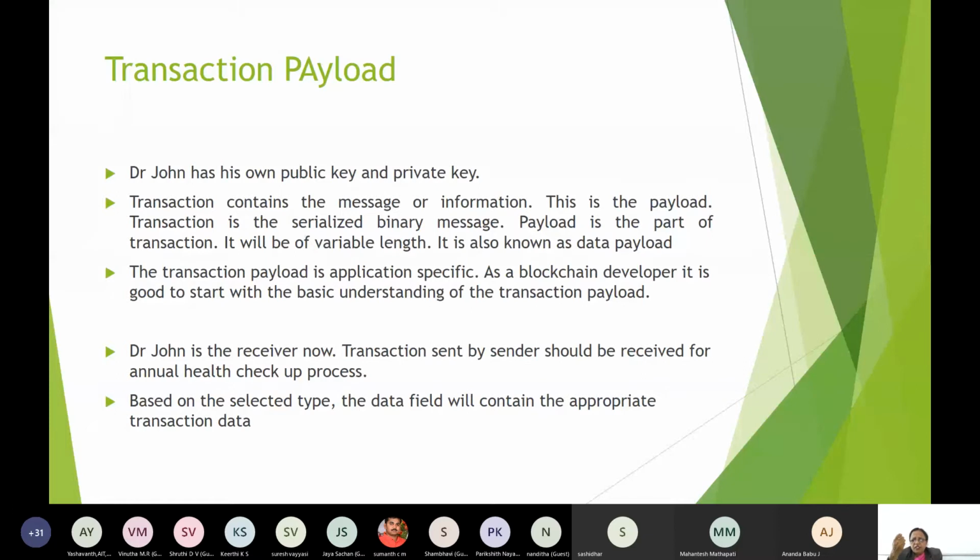So John has his own public key and private key. The transaction contains a message or information which will become the payload after diagnosis. So he may check the blood pressure, or he wants him to get the ECG done from somebody in the ECG department, number 15.